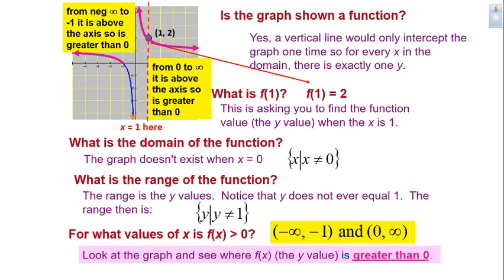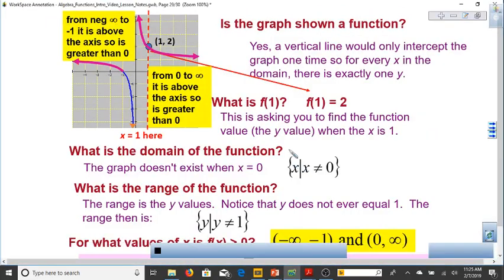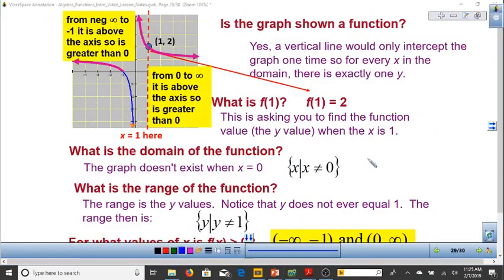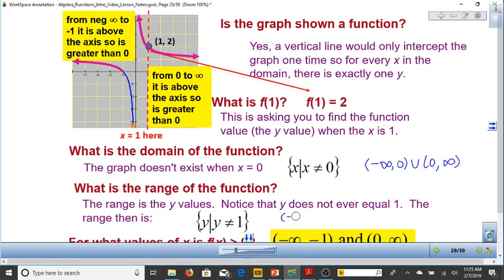That is the domain and the range of this function here. I'm going to rewrite the domain using interval notation: -infinity to 0, union 0 to infinity. And the range is -infinity to 1, union 1 to infinity. That's your range values. Now let's do a quick example here to wrap up